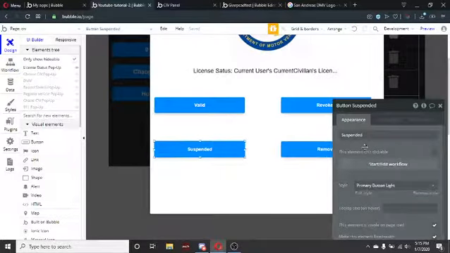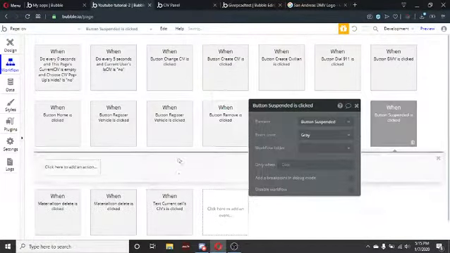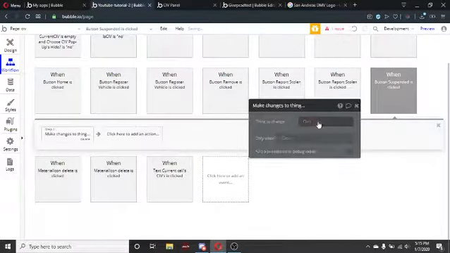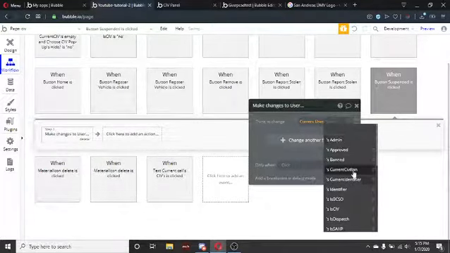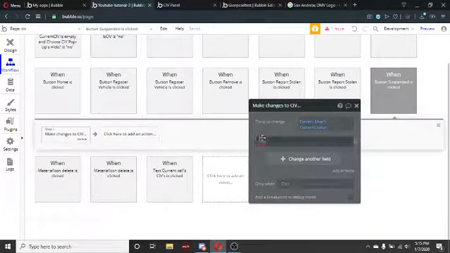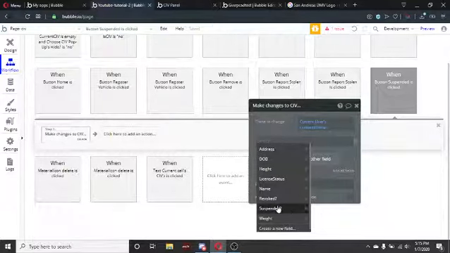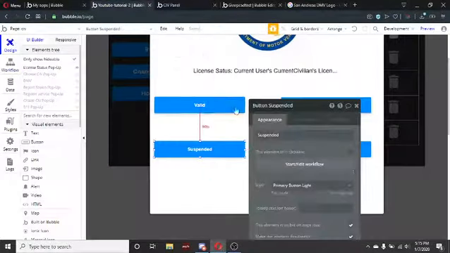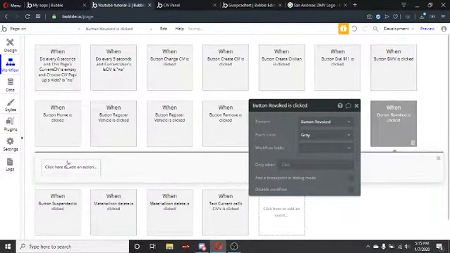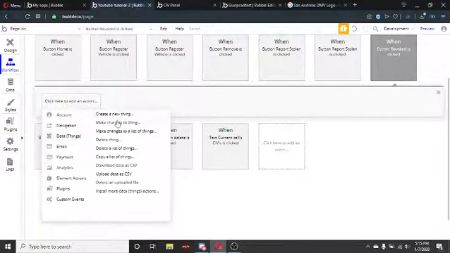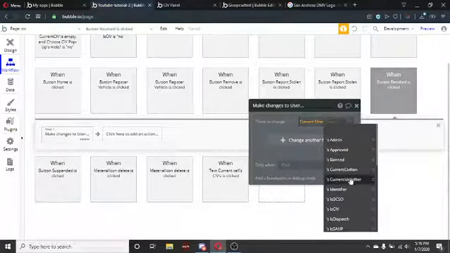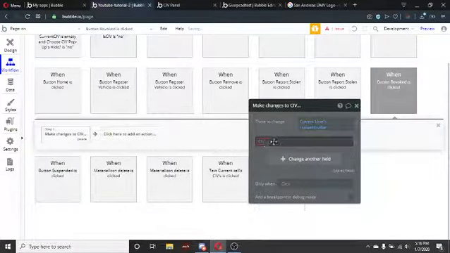So if we go to suspended here, this is going to be different. I want you to data things, make changes to things, current users, current civilian. Now this is going to be different. You're going to look for suspended equals, then you want to put yes. Now that's going to be the same thing for revoked here. So revoked is going to be data thing, make changes to thing, current user, current civilian,